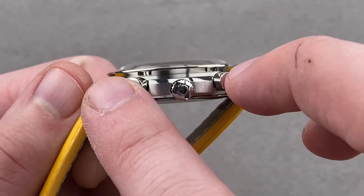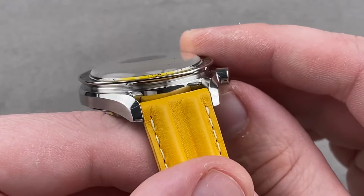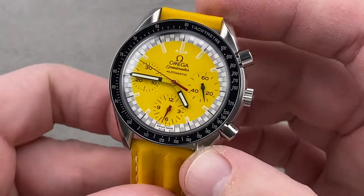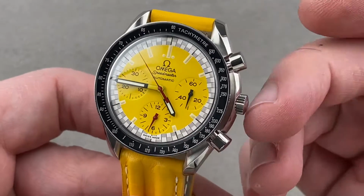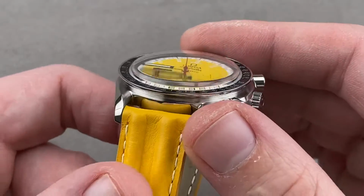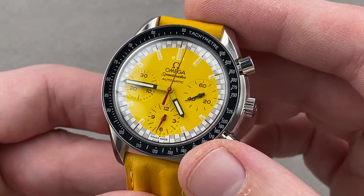Modular movement, you can see the pushers are slightly elevated compared to the center line of the crown, and then you can see that the underside of the bezel has a combination of satin and polished elements, giving way to an anodized aluminum tachymeter insert that can be used for gauging the speed of a car, for example, over a kilometer. Of course, you've got that bubble-like plexiglass, and you have a dial in which the red varnished hands